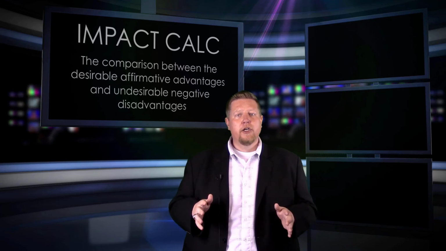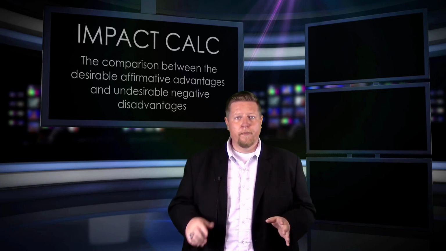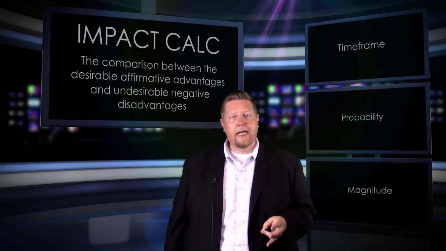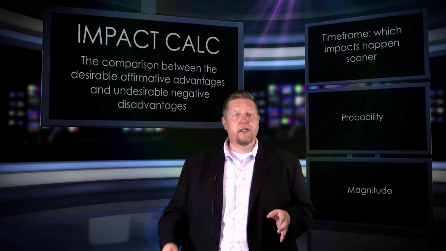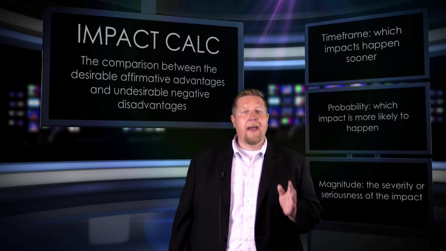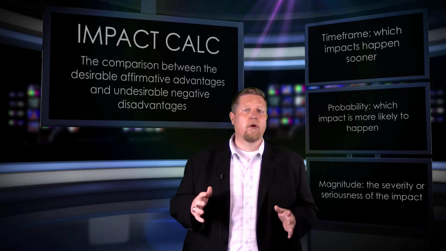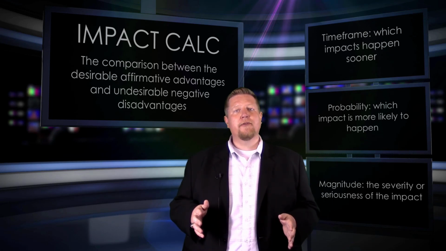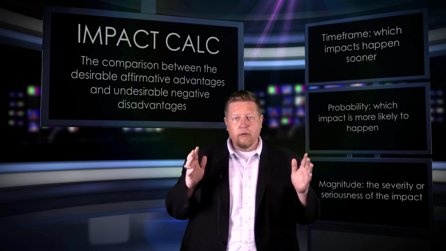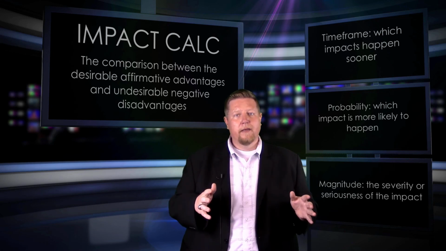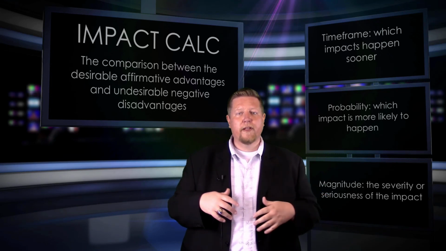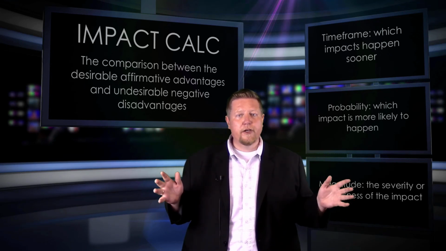In order to do this correctly, you need a few measuring sticks by which you compare them. In the world of debate, there are 3 measuring sticks by which you might compare your impacts: time frame, probability, and magnitude. Time frame will compare impacts based on which happened first. Probability compares impacts based on which are more likely to happen. And magnitude compares impacts based on which impact is more undesirable or desirable. These 3 measuring sticks give debaters a great deal of flexibility when weighing arguments. The terribly scary disad that ends in global nuclear war might win the magnitude debate, but it probably isn't going to win the time frame or probability debate. So when you're arguing disads, don't just focus on which team prevents the biggest body count. Take the time to explore the full range of possibilities.